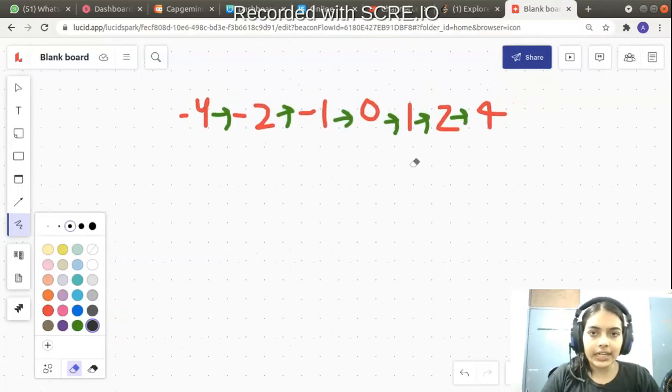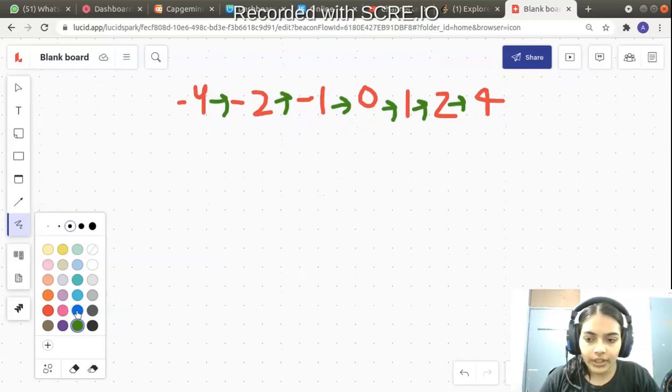Suppose there is a linked list that is given to us. Okay, how do we solve this problem? So you see, the linked list is posing a problem. What is the problem that it is posing? The links are only in forward connection, right? This is a singly linked list, it's not a doubly linked list. So once you traverse in the forward direction, it is difficult to traverse in the backward direction, right? So you cannot do that.